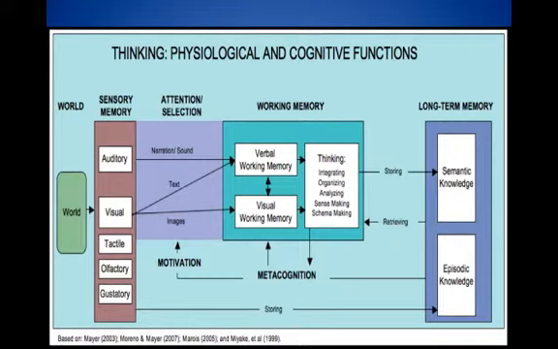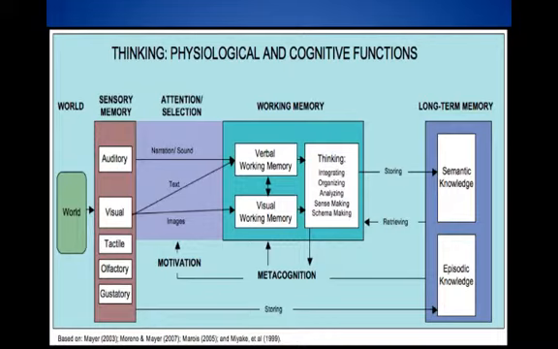There needs to be that selection. So rather than gazing out the window and looking at the birds fly, they need to have their attention on what the teacher's doing or what's happening in the classroom in order to actually learn the information. Once students are able to acquire that information, they're going to put that in their working memory. Now, in their working memory, there's verbal information being processed as well as visual. But we know that the working memory, not all the information is going to be registered into their long-term